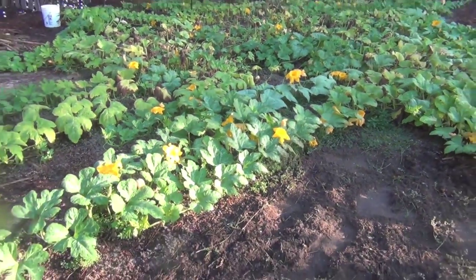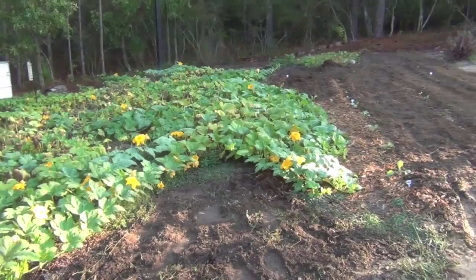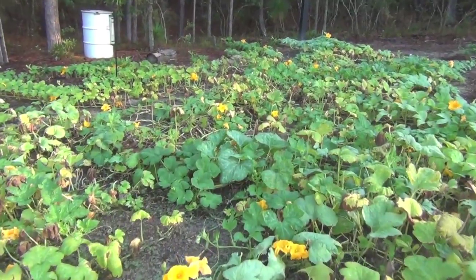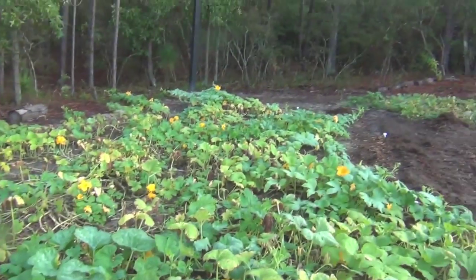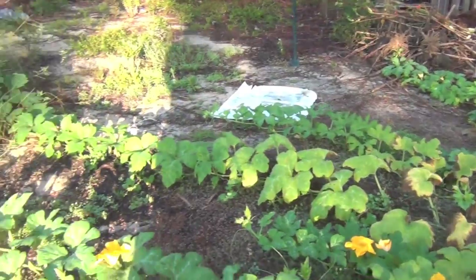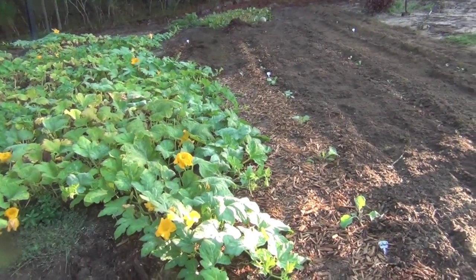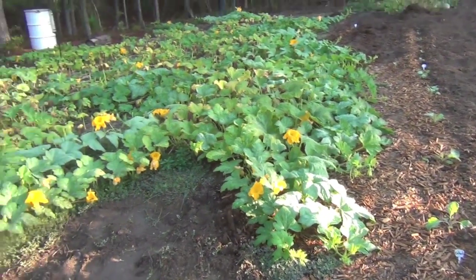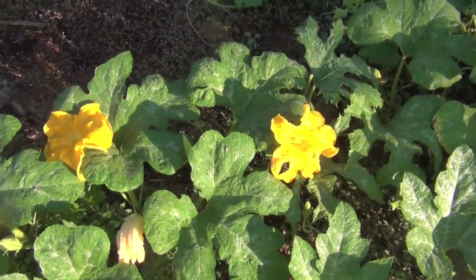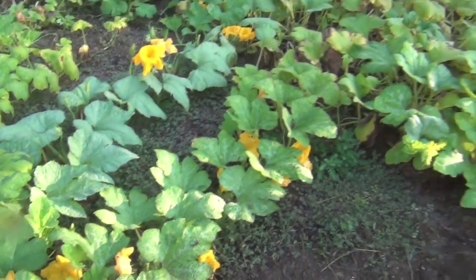Step back a little bit so you can see my whole pumpkin patch. I think on my last video I was talking about how the middle of my pumpkin patch wasn't looking too good. Well, it's still not looking too good, but I'd be darned if they ain't growing everywhere. I mean, I've got it all the way out to there. Some of these vines would probably be way over there if I didn't tuck them back. I've still got a lot of blooms. I've fertilized a couple times, and